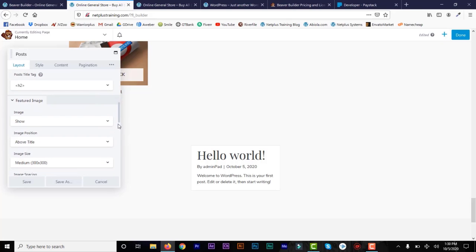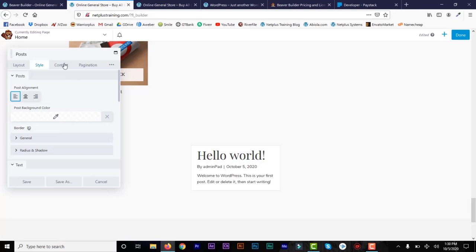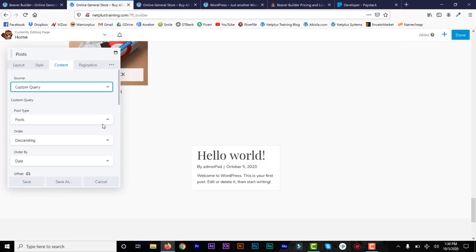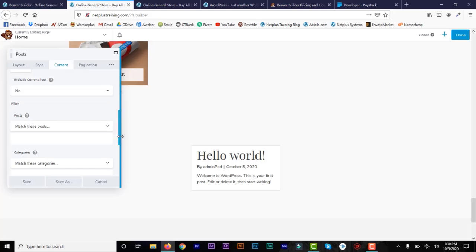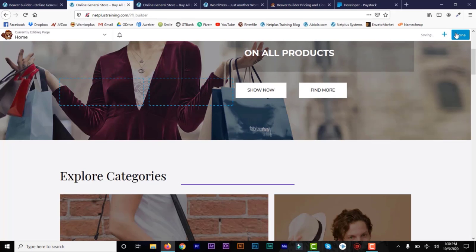So basically everything that came with the demo is going to be everything you have access to if you are using the free version. But if you are using the paid version, you have access to all these blog and all that. So let's just continue to customize and save and publish, and